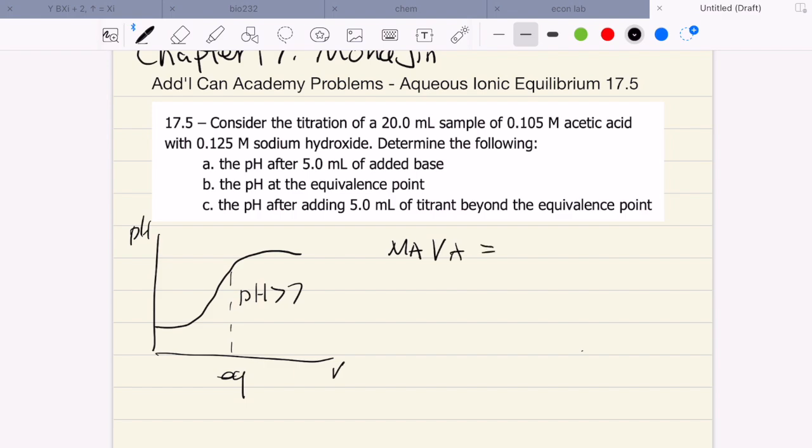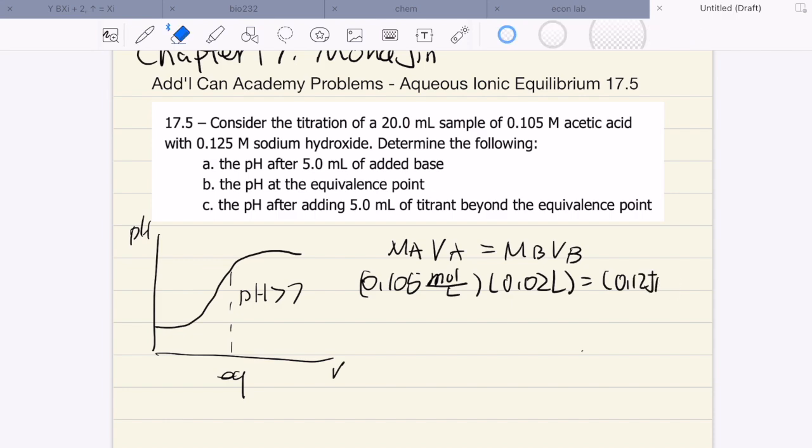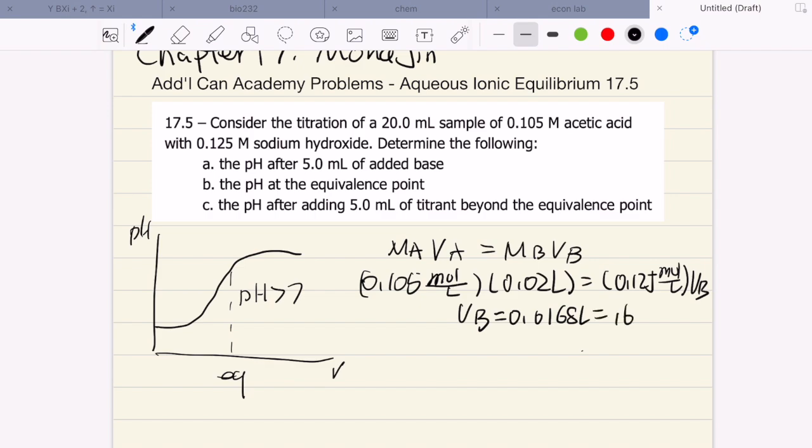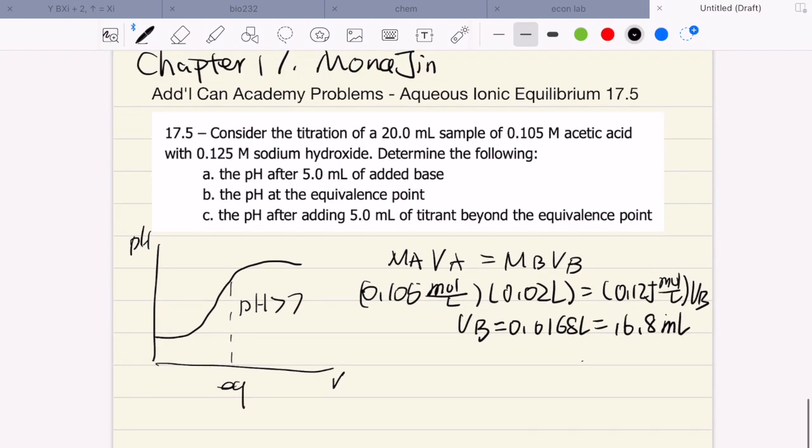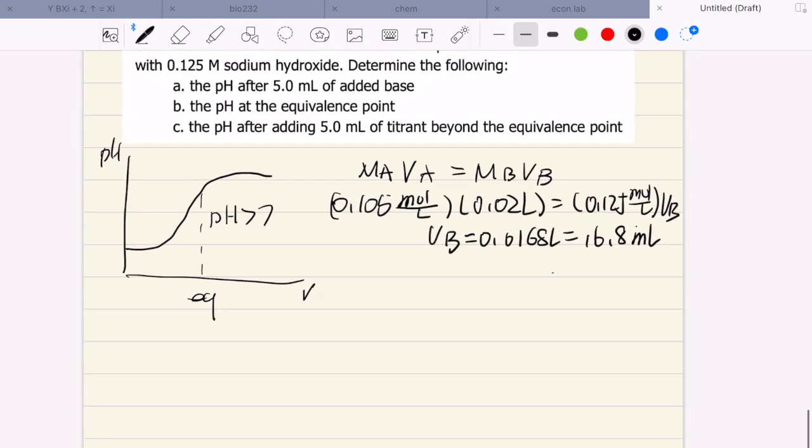We first calculate the equivalent amount for the strong base by using this formula, and we plug in numbers, then we can get the result, of course, 1 molar equals this amount of moles per liter. This is unit conversion, as we remember. This number, 0.0168 liter, is also 16.8 milliliters. And next step,